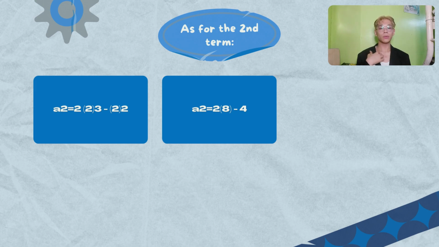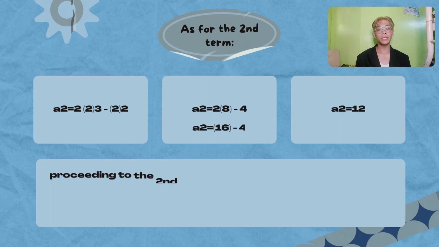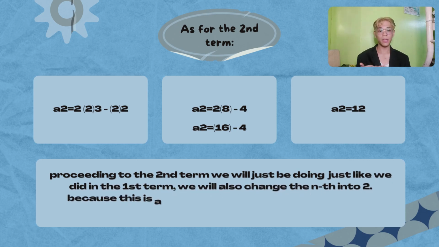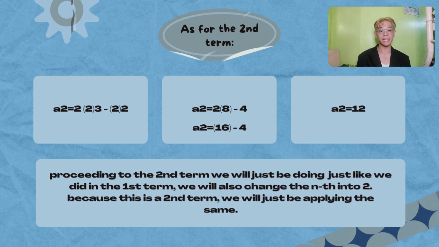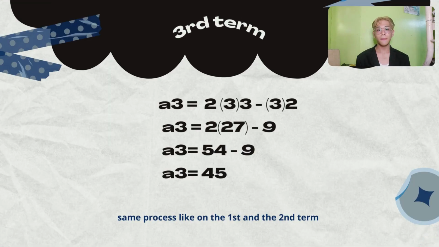Or a2 is equals to 2 times 8 minus 4. And right after doing so, we will again subtract the answer that has been taken, which corresponds to having 12 as the final answer, or a2 is equals to 12. And the same process applies to the